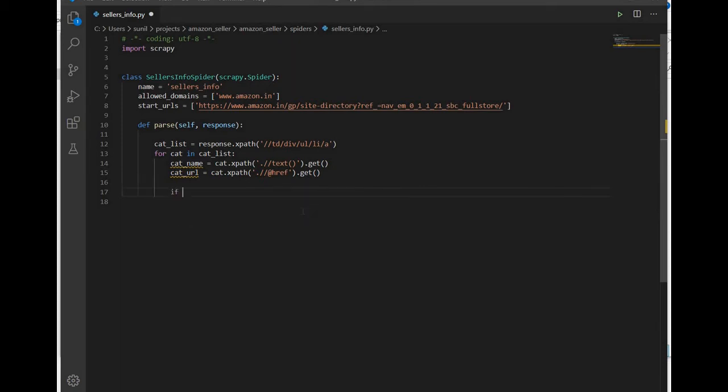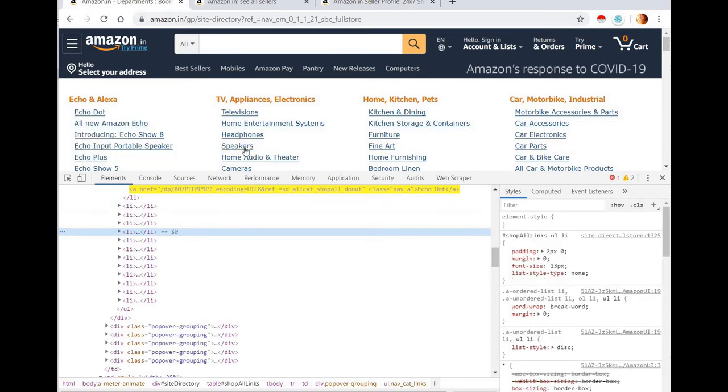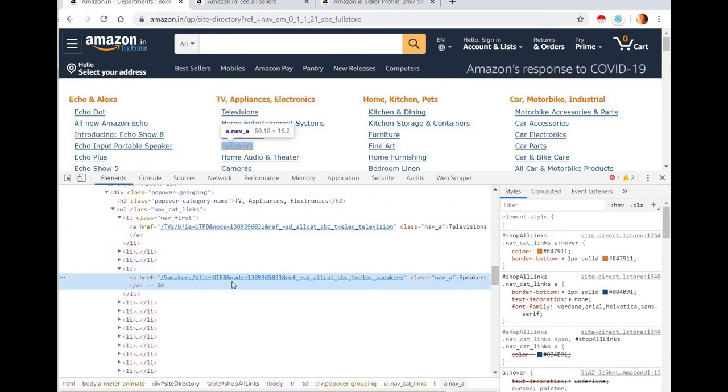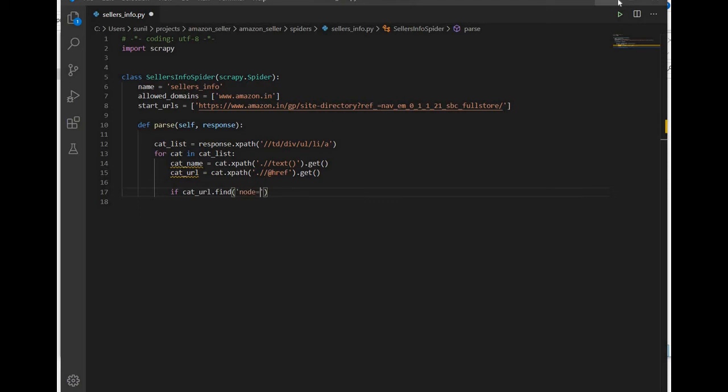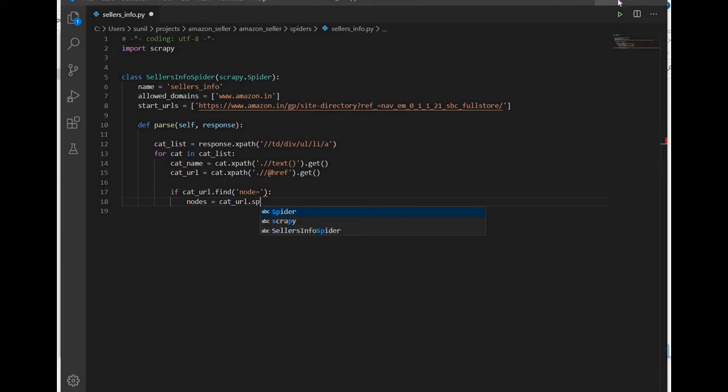We'll directly write: if cat URL dot find node. If the URL has node, then nodes is equal to cat URL dot split.